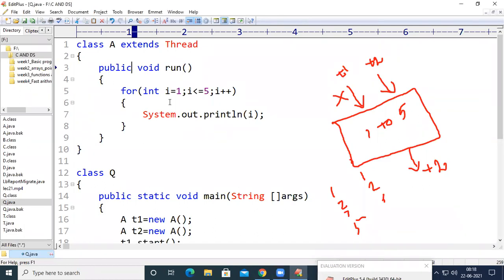So if we go for public synchronized void, just a second. Synchronized.